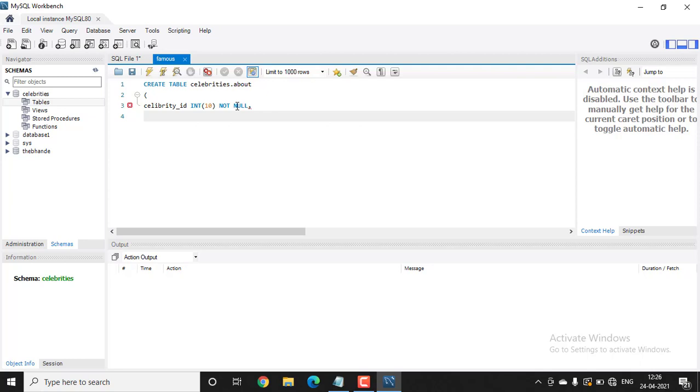Then type the name of another column. First name, and there are no numbers in first name, it is only characters, so the data type here will be varchar, and number of characters inside the first name is 45, that is the maximum characters possible.